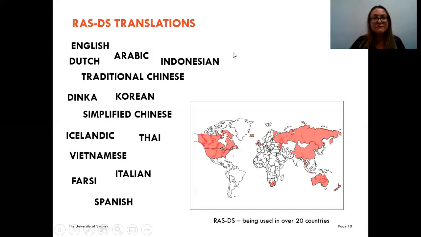Okay, so just some basic other information about using the RAS-DS. There are a number of translations. There might be one missing on here, so we're constantly having people make contact with us and translate it. So they're up on the website and they're freely available. Now this map is where the RAS-DS is being used, and I can see it's out of date already. So we've got some people in Egypt using it, in Northern Africa, and we've got some people in South America using it, in Brazil, etc. So it's being